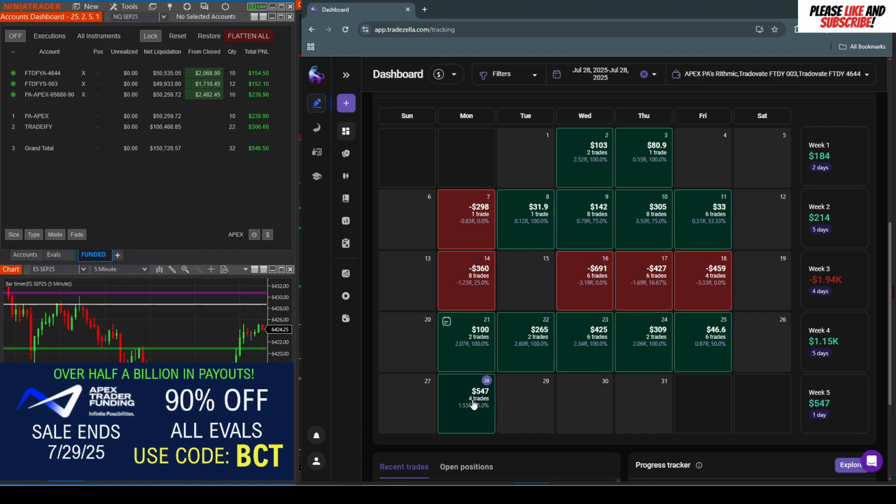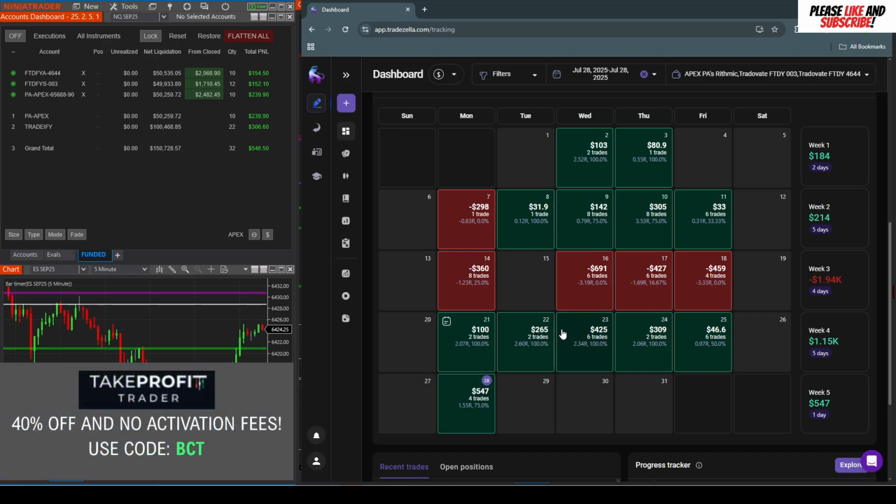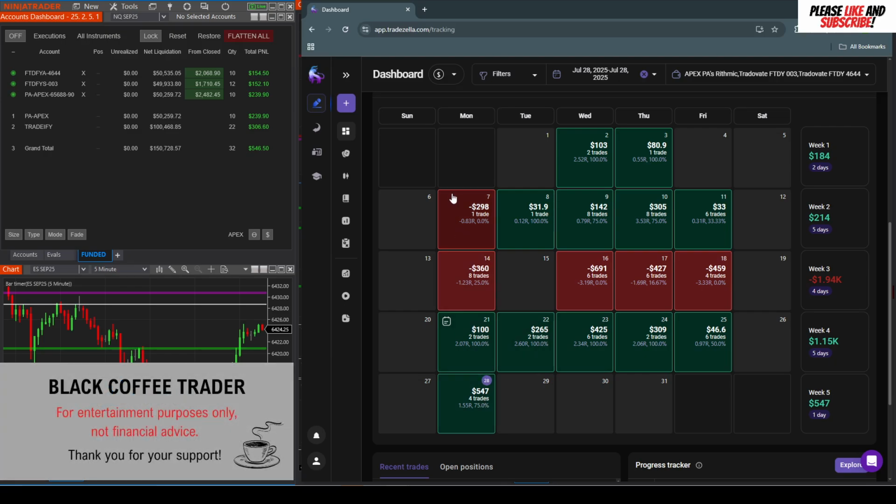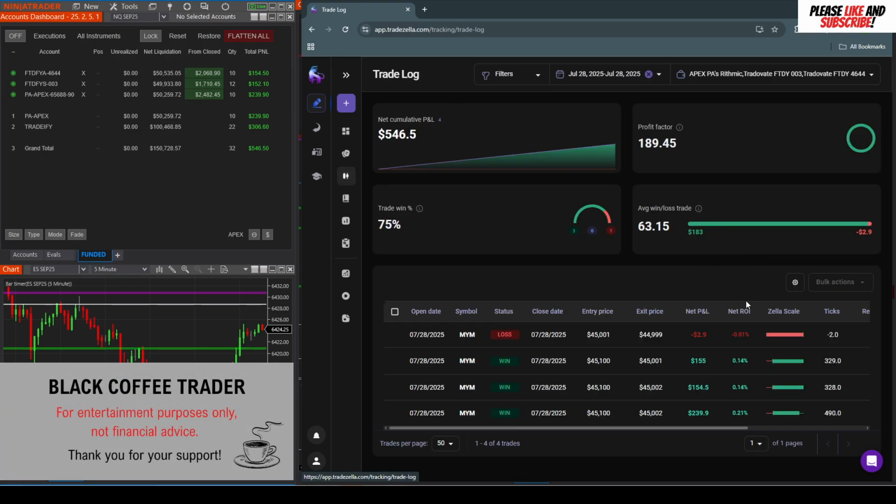Now, we do have to remember this was with 3 trading accounts, and last week we were trading with 2, except for here we had 3 on Friday, which was basically a break-even day. So my worst day was $691. That was with 2 accounts, and so I still need to see a little bit better of a day to make up that account that day, but still had a good day. I'm happy about it. Let's take a look at the trade itself.